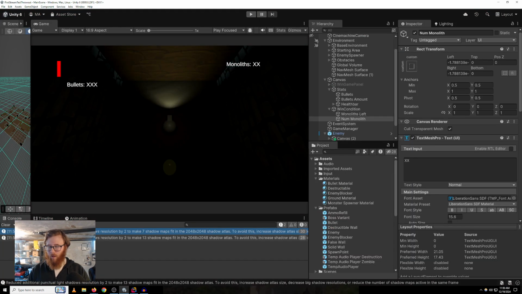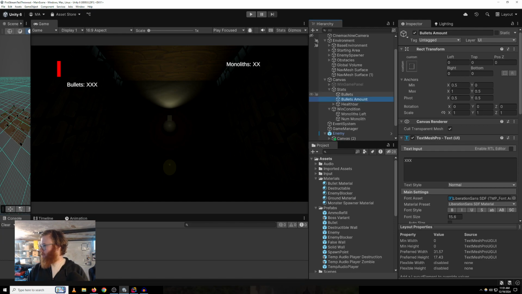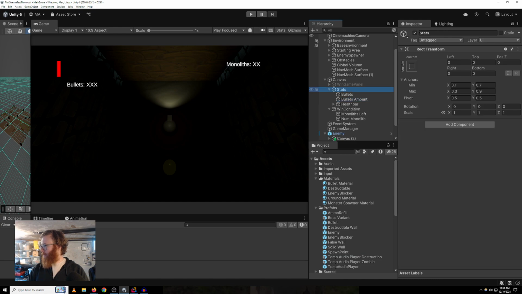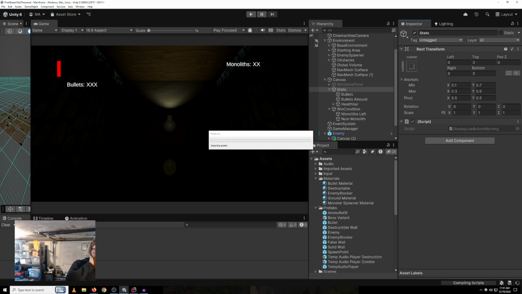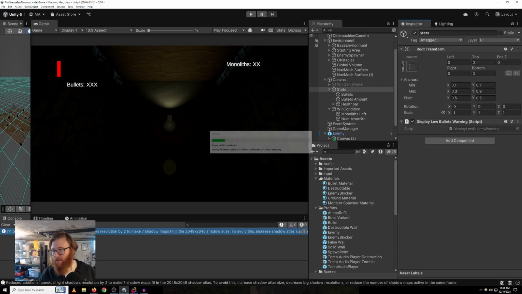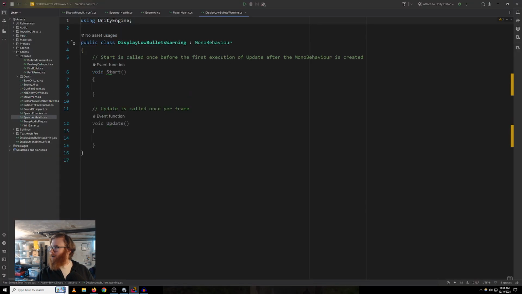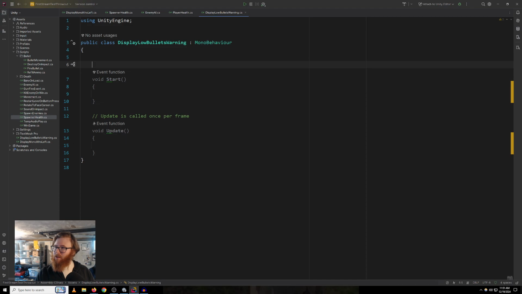Oh. Okay, 10 minutes, one more change. On bullets, yeah, we'll do this on stats. Display low bullets warning. Okay. So when we're low on bullets, we're going to be like, hey, you don't have a lot of bullets. That's a thing that you should fix. We're not going to display something directly. Instead, what we're going to do